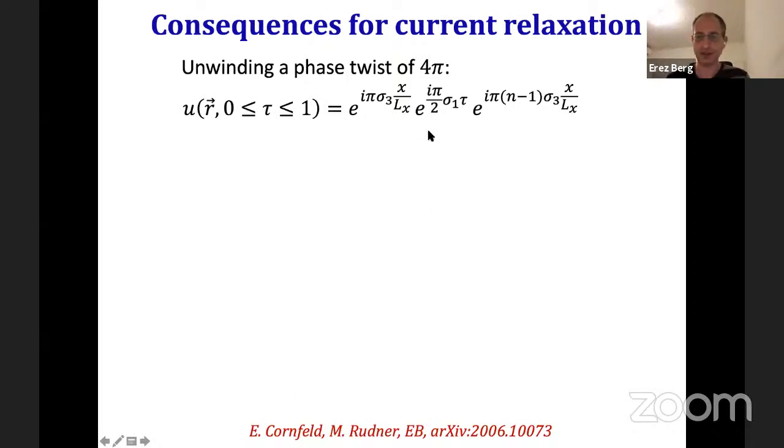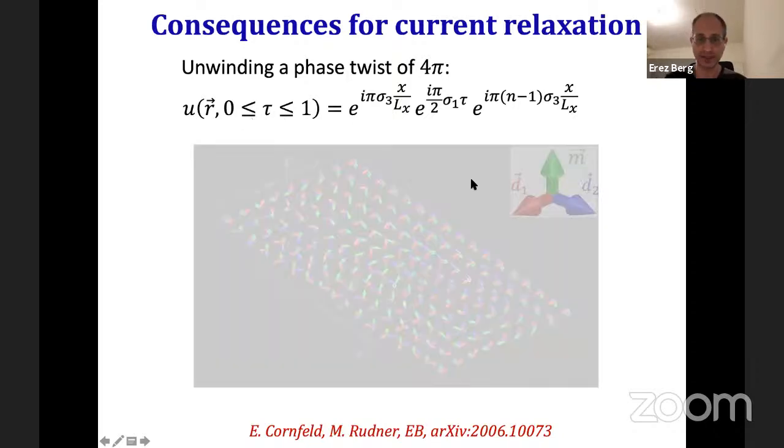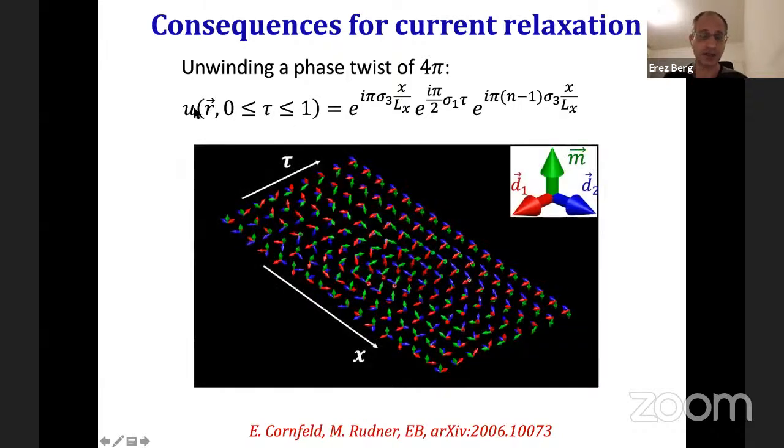Eyal actually found, in terms of this unitary matrix, this very nice explicit trajectory that demonstrates this fact. So basically, if you take this configuration of the unitary matrix, which is a configuration of the order parameter, which depends on position x along some axis, and there's a path parameter tau that goes from 0 to 1. And this is our order parameter.